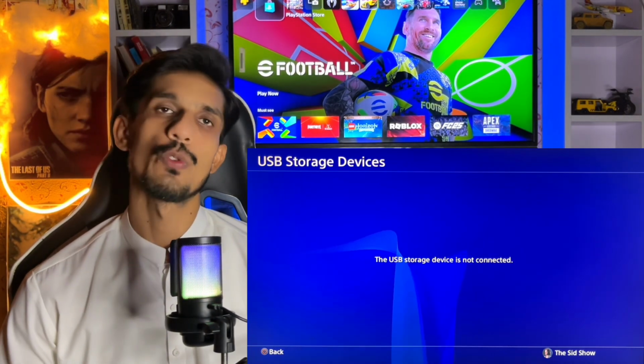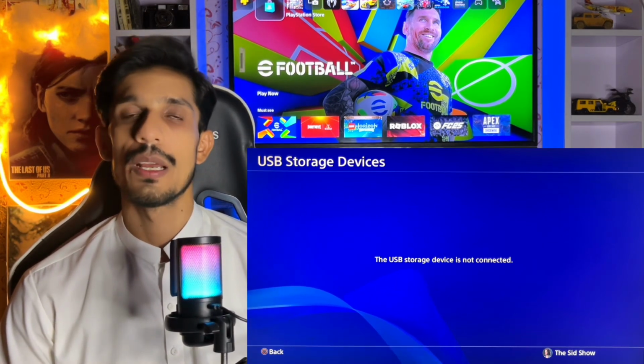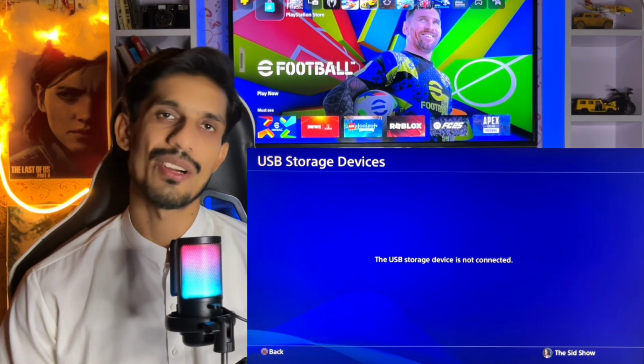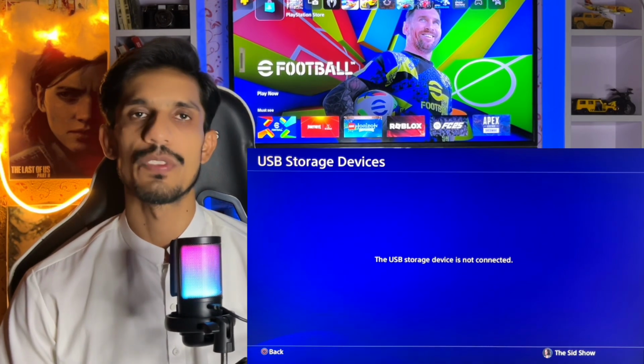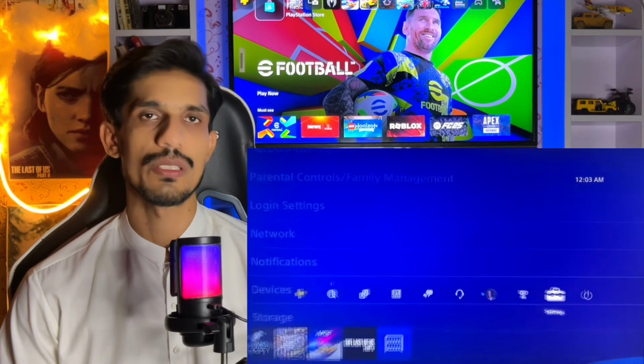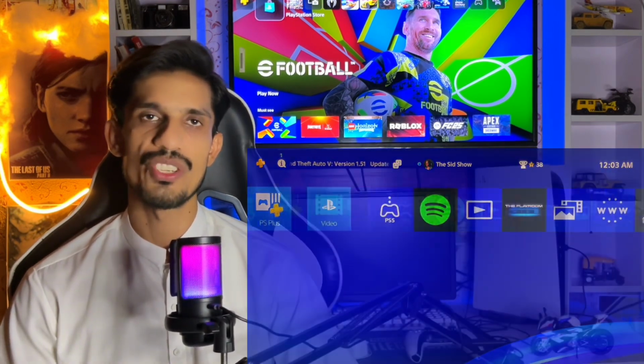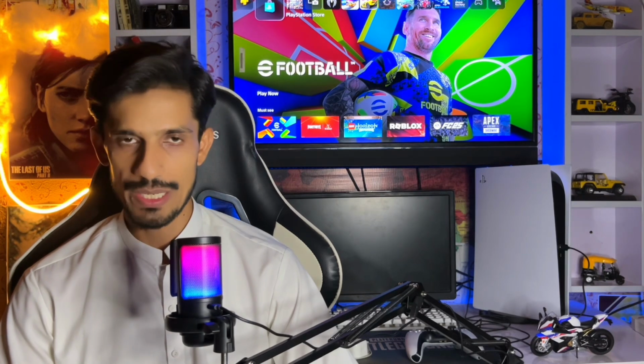You must have a USB storage device up to 3.0, and you must format the storage device or external device after connecting with your PS4 or PS5. You must format it and install the applications. Sony will automatically install it after the formatting. So after that it will work, and you can